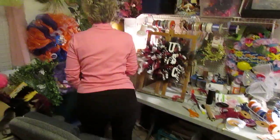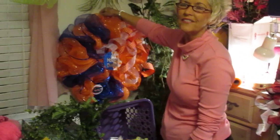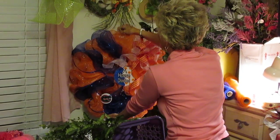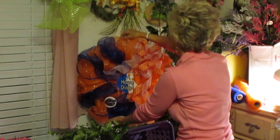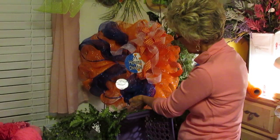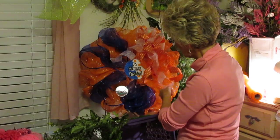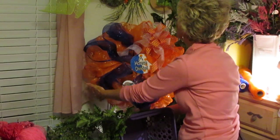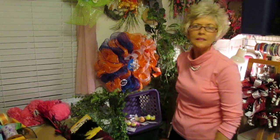This is very popular because it's a split. A lot of families have their house divided. That's a very popular one that I do. I'll just leave it, but anyway, I'm not through with it. I've got some more things to do with this Florida and Tennessee, and I've got my letter to go on each side. But anyway, this is just a sample of what I do, and you can check me out and all the other